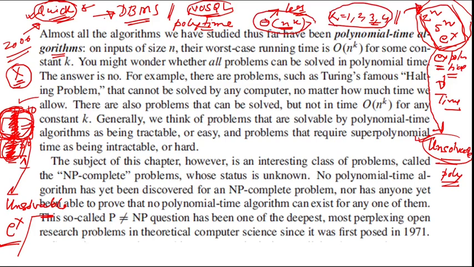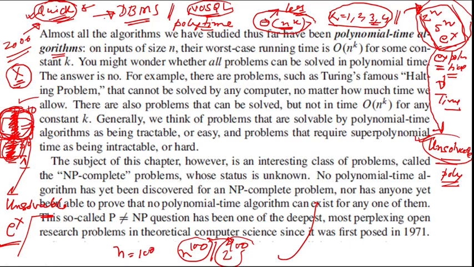So based on this concept, one question can be asked. You can just check how much this time complexity varies. Let's say you take n as 100, and then n to the power 100, and then exponentially also you are increasing, let's say 2 to the power 100. You see this exponential, suddenly at one particular point it will grow like this, and it will be much more than the n to the power k. So n will not be able to catch up with this exponential graph. So polynomial and non-polynomial have a heavy difference. You will find a sharp difference after some point, once you increase the input size. So this is the background.